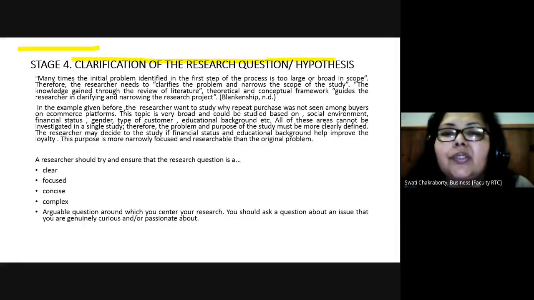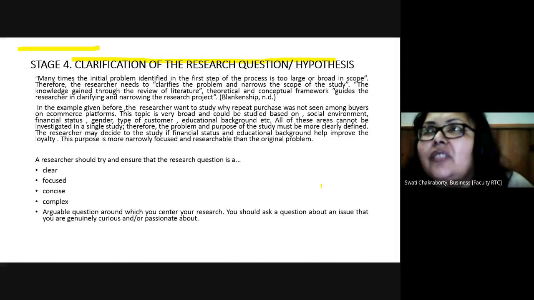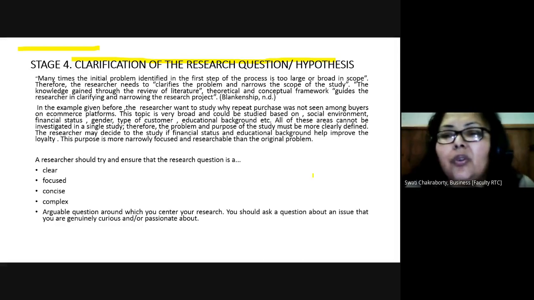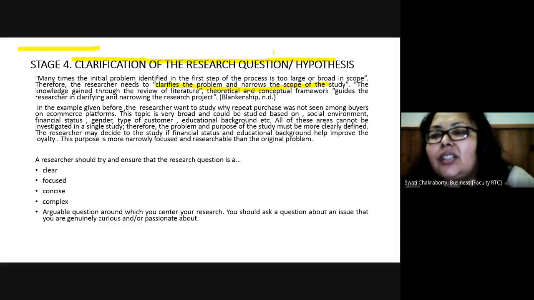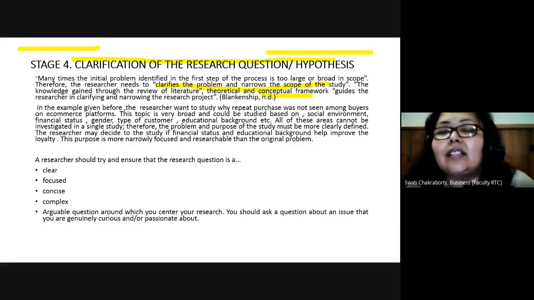questions or hypothesis. Now, many a times the initial problem that we define at the first stage is too large or too broad. And so as a researcher, you need to clarify the problem and narrow down the scope of study. And this is done through the knowledge that you gain from the literature review, along with the theoretical and conceptual framework, which guides you as a researcher in clarifying and narrowing down